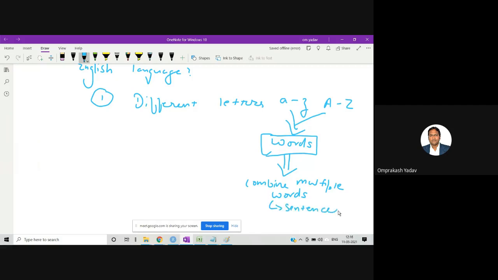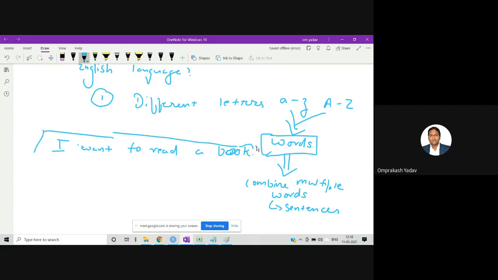So a sentence can have multiple words. For example, I'm saying, I want to read a book. If you see here, there are multiple words, and after combining all those words, I have made one simple statement or sentence.